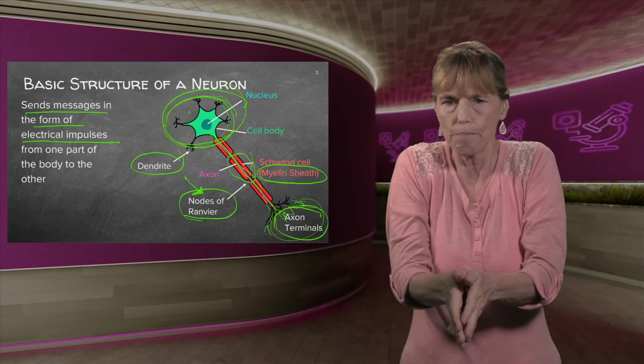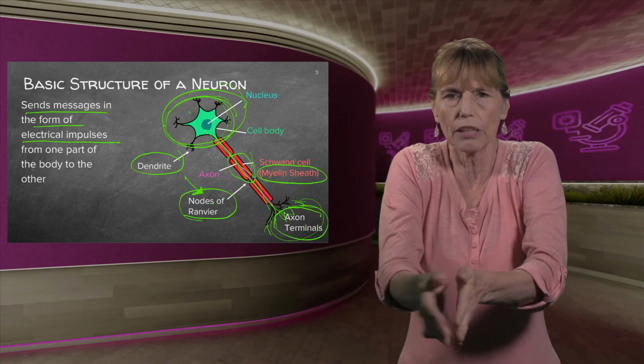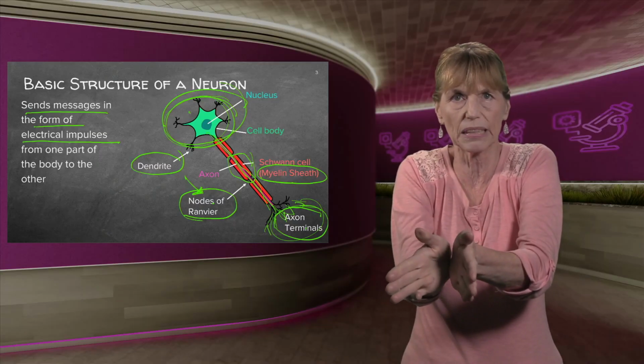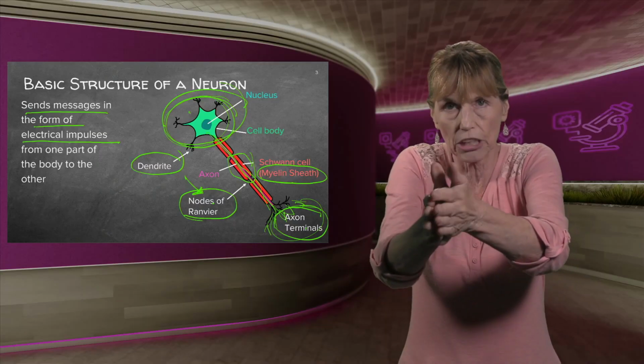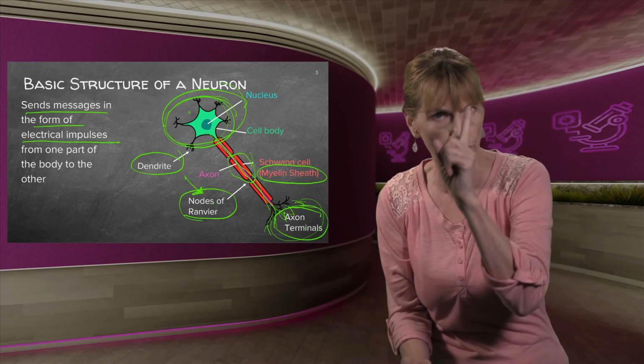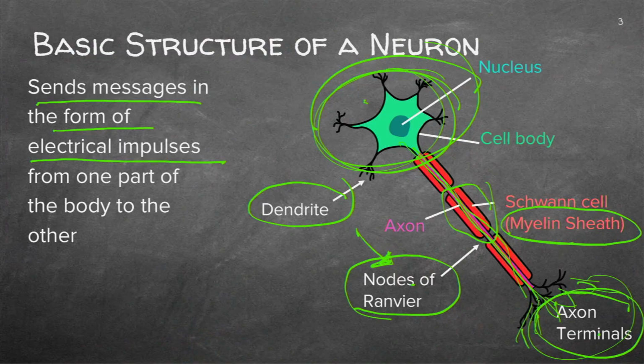It's literally like when you have an electric cord and you haven't put any tape around it, the electricity can cause a spark and all the information just carried along. All right, and we're still stuck on this one slide, but you've learned so much. Right, so we know the difference here is the node of Ranvier.